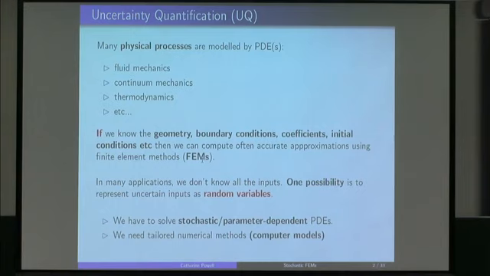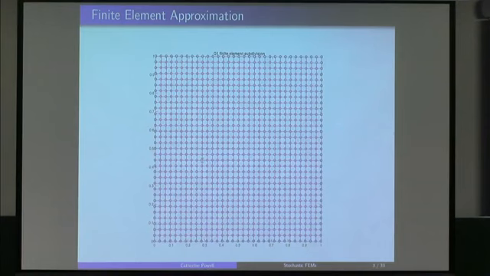But if we put the inputs that we're uncertain about and we model them as functions of random variables or parameters, then our problem becomes something that has a bit of a different nature, and we can't just use our favorite codes, our finite element codes anymore. We need to do something else, and this is what we mean by stochastic finite element methods. Okay, and there's lots of possibilities.